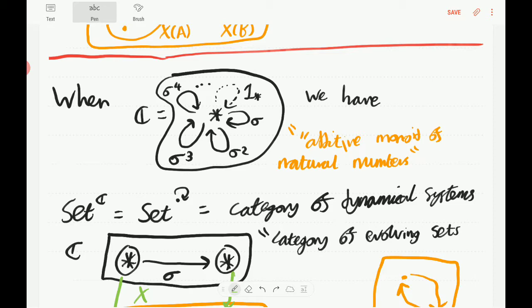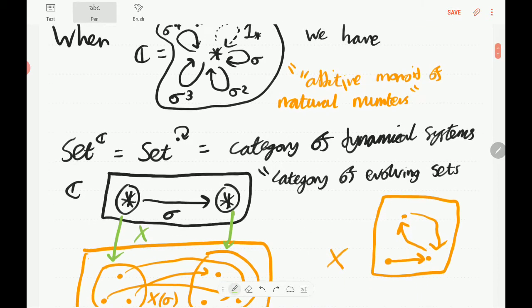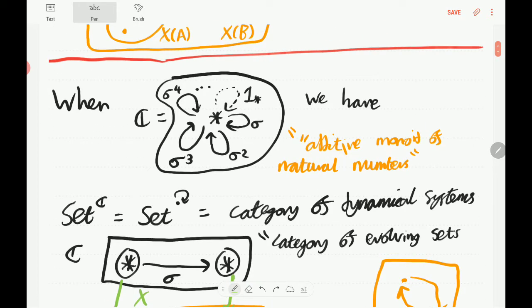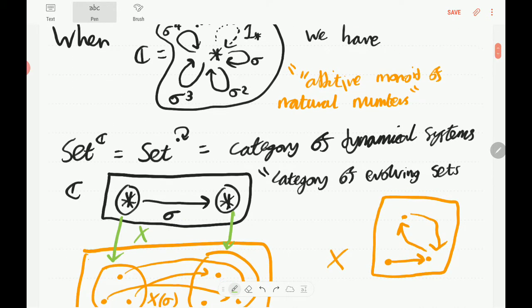But they're all sort of generated and controlled by the original sigma arrow. Now, what does this category look like? Well, basically, the important thing is this sigma. And so an object in set to the power of C, where C is this additive monoid